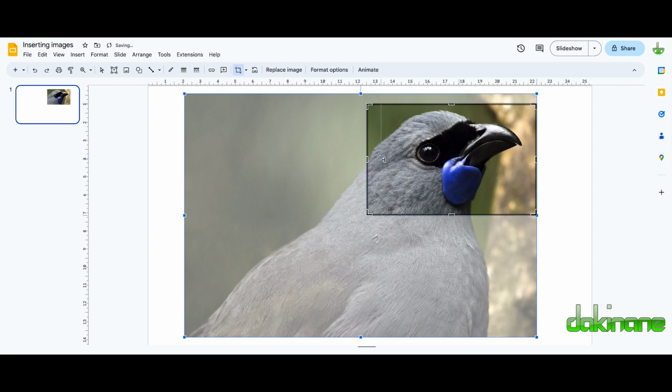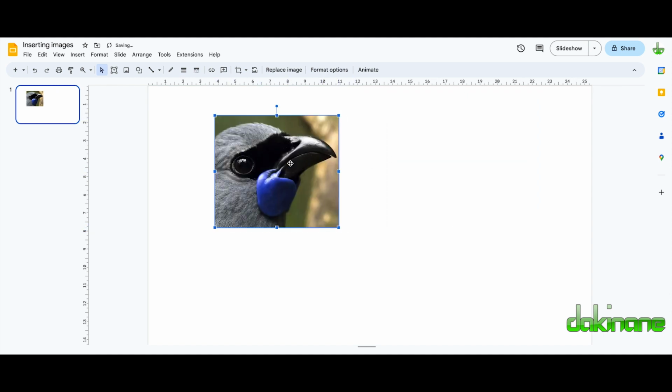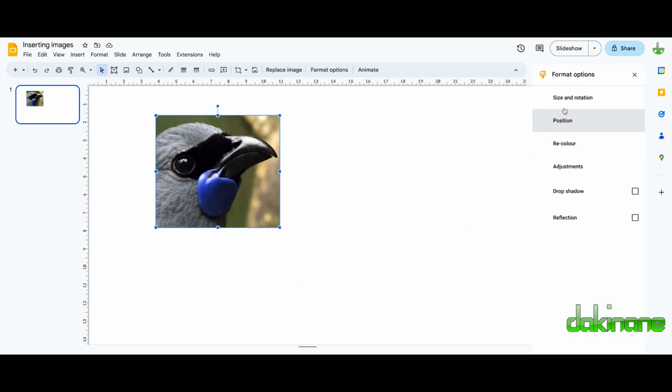So I just want to drag this across to make it about a square, and we can format that in a moment. And that's roughly how I want it. So I'm going to press the return or enter key, and now it's cropped it into shape for me. And I want to make it exactly a square, and you'll see why in a moment. So I'm going to right click on this and come down to format options here, click on that, and over here I want to click on